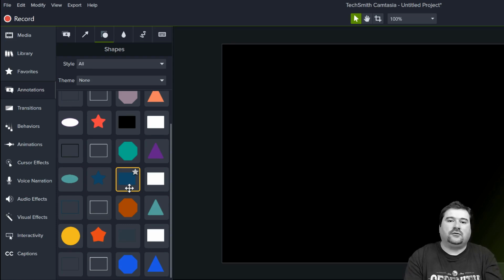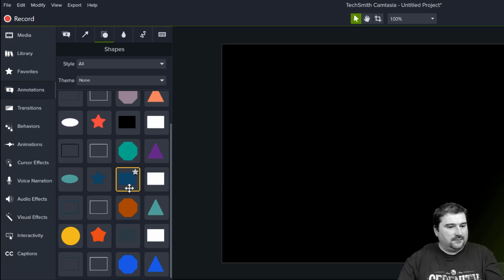Now, of course, you could go to a graphics program and create it in there and export it as a PNG, because by the way, Camtasia doesn't support vector graphics unless they are Lottie files, which were introduced in 2021. Those are also created by other artists on lottiefiles.com or any other websites that sell Lottie files. Apart from that, when you want to create your own graphics, you're kind of stuck. So let me show you a way to think about creating complex graphics, or even simple graphics, from elemental graphics, and then combine them together into a native shape that you can use and reuse in your projects.